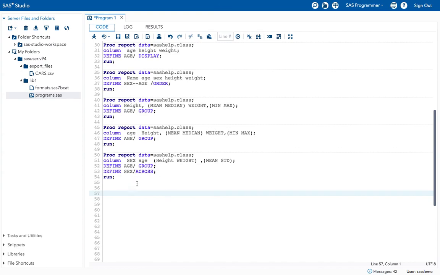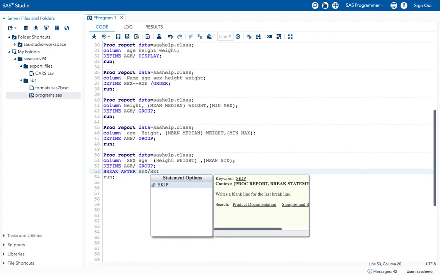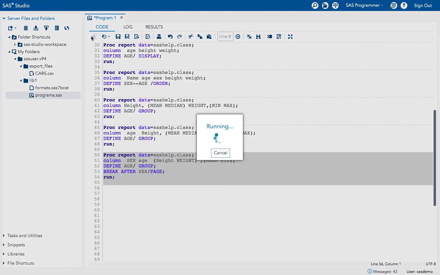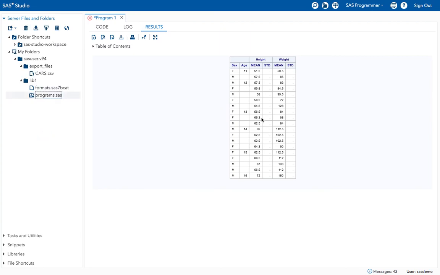By using the break option, break statement, break after sex, and skip writes a blank space for the last break line. So for the page, if I execute the program, I will get the two gender data printed on different pages.